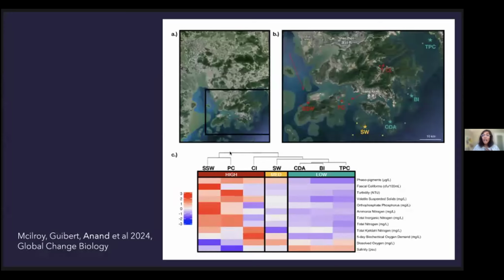Why we classify them this way is something that, yes, you could challenge. We have environmental data that goes back to the 1980s. The Hong Kong government is amazing. They've collected this data through 70 monitoring stations across the marine environment. So these were all the variables that we got the data from, and we used this to classify them in this manner. Like I said, of course you can challenge them, but we thought this would be the best fit.